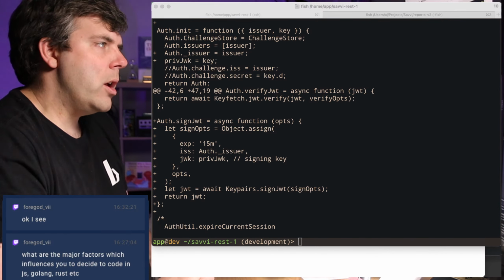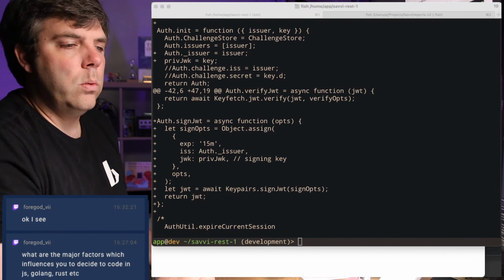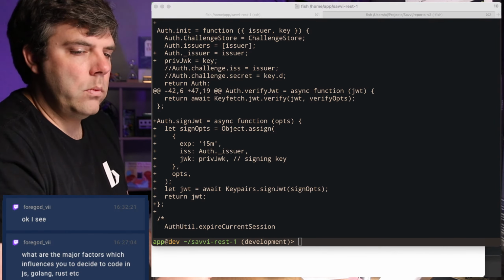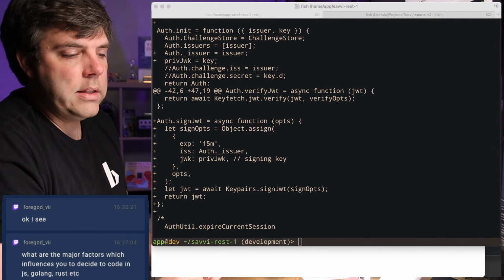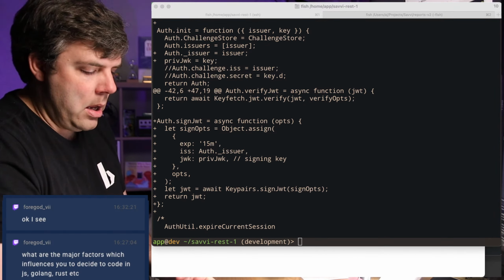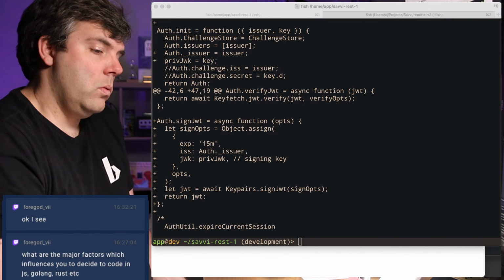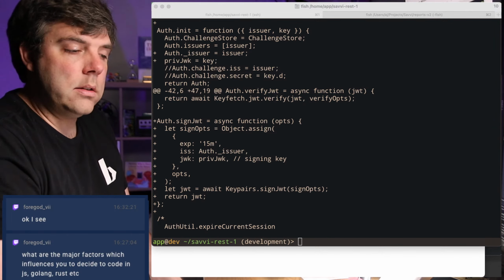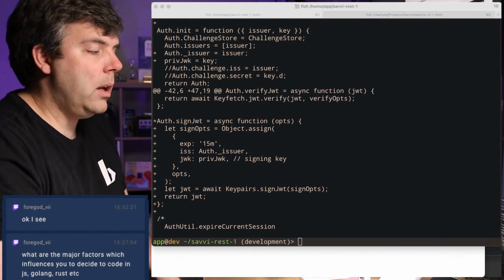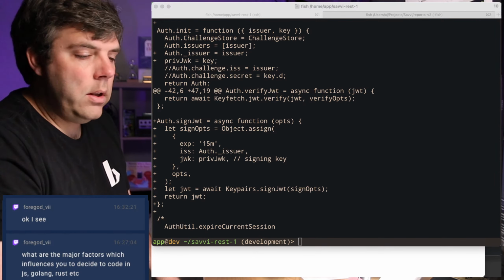Then Go is just general purpose. Use Go unless you've got a good reason not to. It just lends itself to good design patterns. It's easy to write. It's easy to learn. It's easy to write great code in Go. There's lots of good standard library tooling. Things are brought into the standard library very thoughtfully.